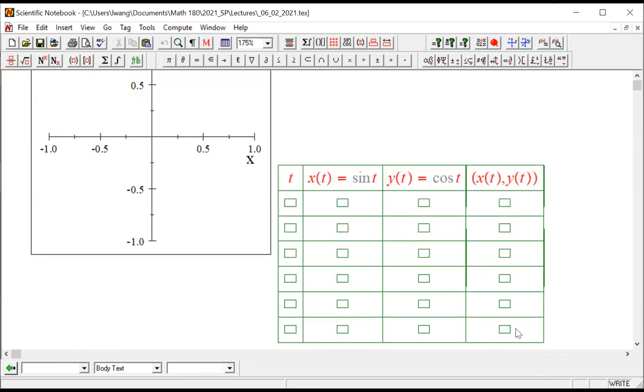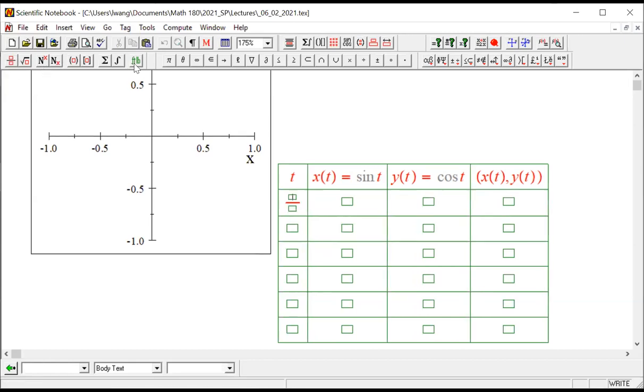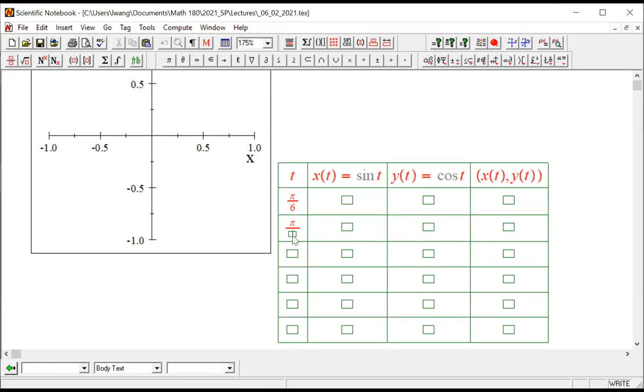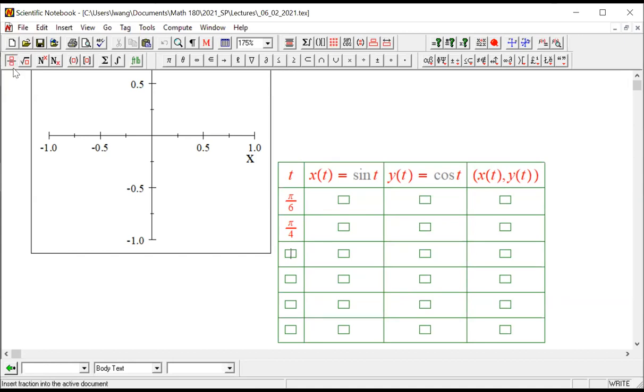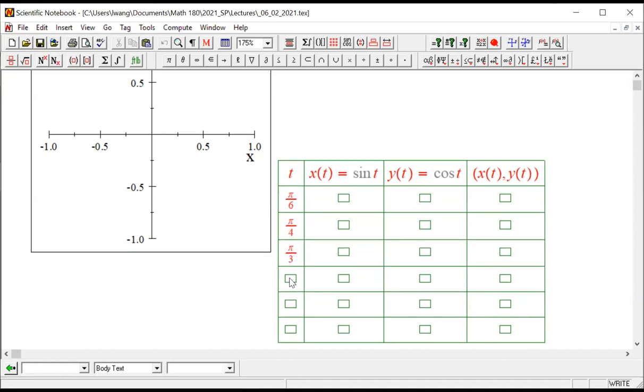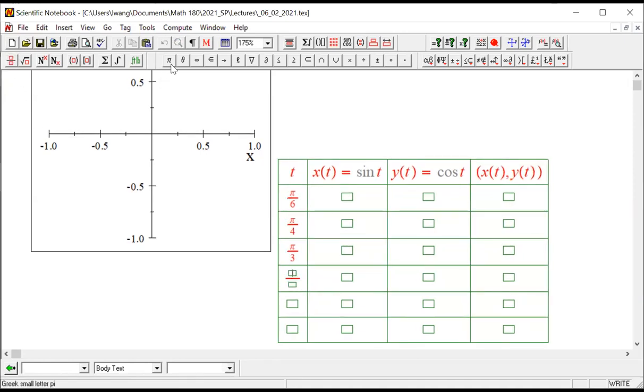Okay. And now, what are the t's I'm going to give you? Knowing that t serves as angles, I'm going to give you some radians. I will give you pi over 6, pi over 4, pi over 3, pi over 2,